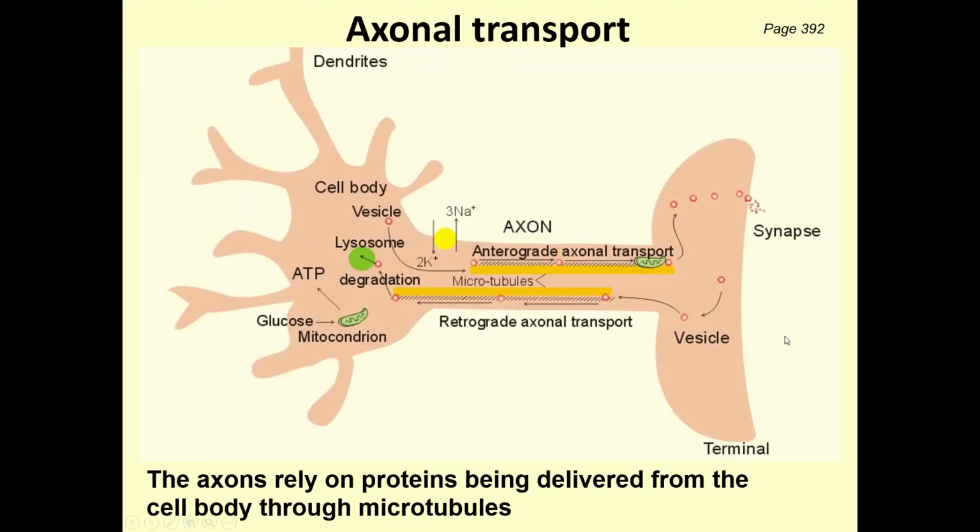In this video, we're going to look at how we transport things around neurons. There are two different pathways you can use to transport things around your neuron. You can use anterograde transport, or you can use retrograde transport. So let's get our bearings first and see where we are with this neuron. Here are some dendrites coming into the cell body. And here's my nucleus, sitting here inside the cell body.